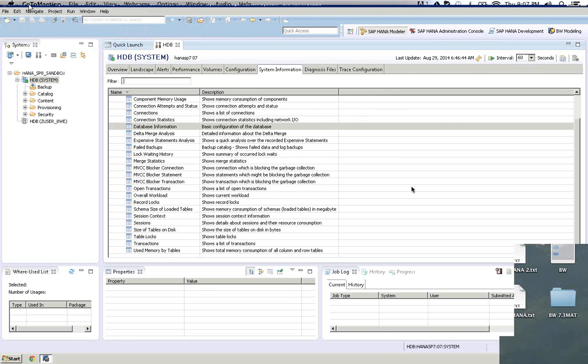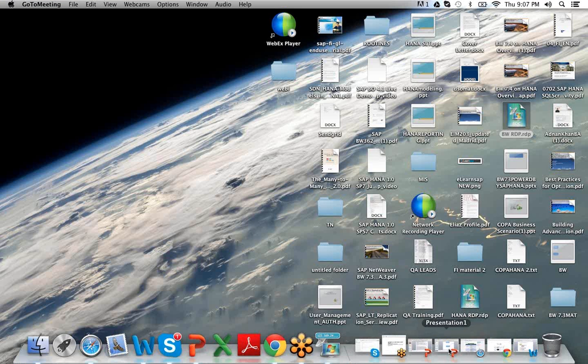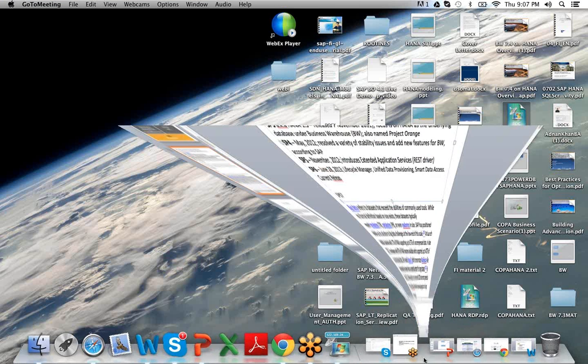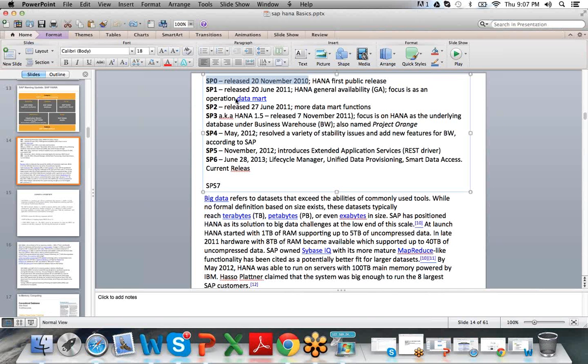So what is the first version of SAP HANA? The first public release of SAP HANA is version 1.0 Service Pack 0. Then SAP released Service Pack 1, Service Pack 2. Up to Service Pack 2, what is the product strategy of SAP HANA? What is product strategy in the sense,